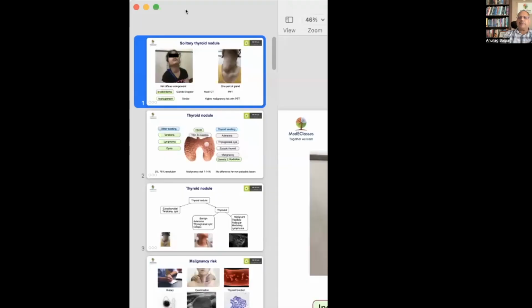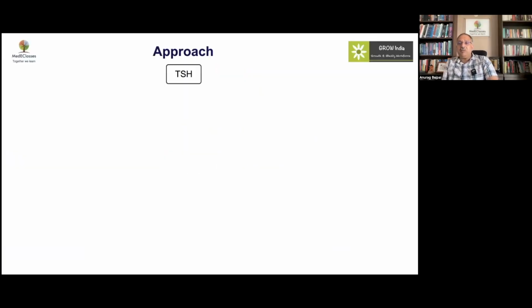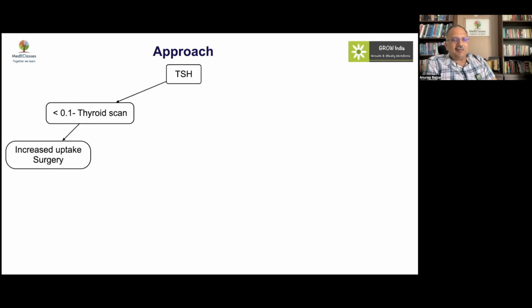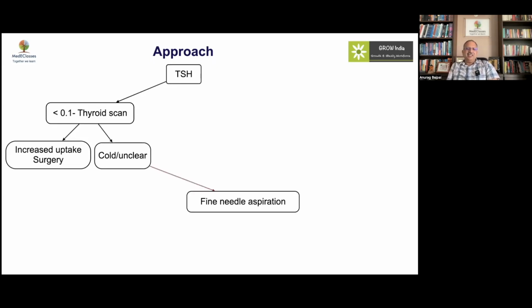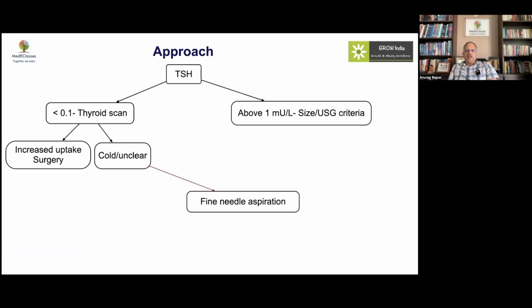So the approach clearly here would be based initially on TSH. If your TSH is less than 0.1, a thyroid scan should be done. And if you have an increased uptake, you should go ahead with a surgical intervention because it's a toxic nodule. If you have a cold or an unclear lesion, you should go ahead with a fine needle aspiration. While if you have a lesion above, TSH is more than 1 and your size is more than 2